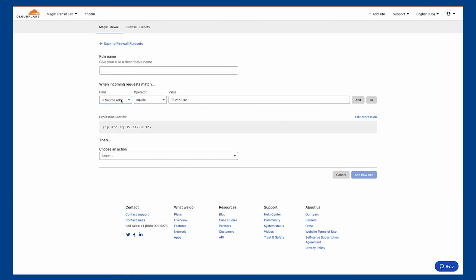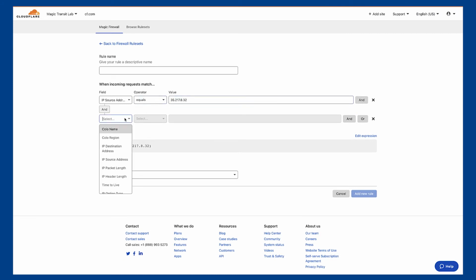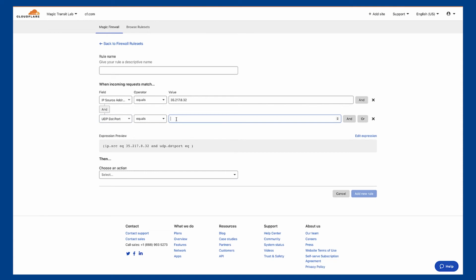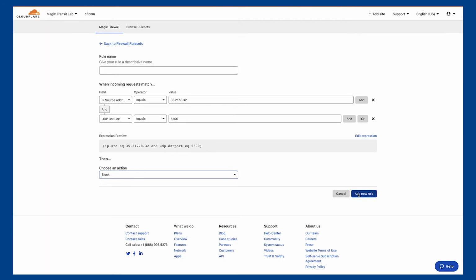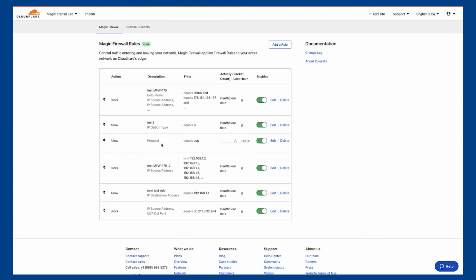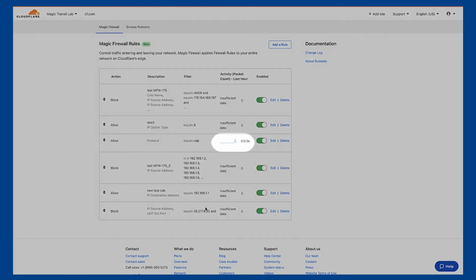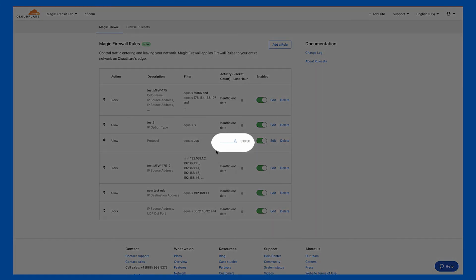Moving around the rule creation page, you can see all the different parameters we can match on. What I'm going to do here is add a port to this rule as well. Since our attack came on UDP 5500, I'm going to add it to this rule. To sanity check our rule, you can see that we write out the rule in a common format like Wireshark, so you know that you will be matching on the right kind of traffic. Once we save the rule, you can see it shows up in our rule set, and once traffic starts matching on that rule, you will see the counters increment.